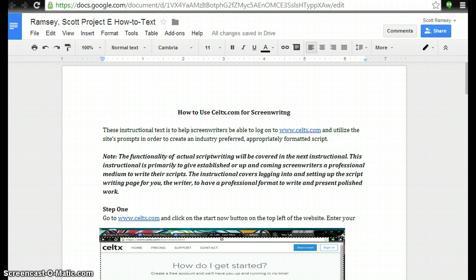Now, this is an alternative site as opposed to the software called Final Draft, which one has to be purchased and two has to be downloaded. Unlike Final Draft, Celtx.com gives you an alternative virtual space where you can write all of your scripts, screenplays, and what have you,